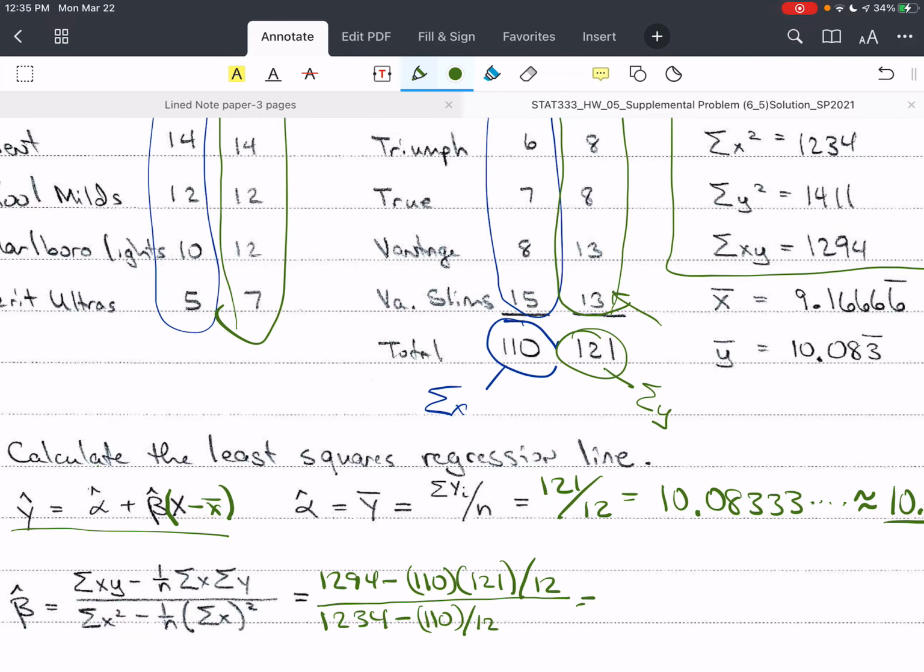Plug this into the calculator: 1294 minus 110 times 121 divided by 12 gives me 184.83, and this is repeating. When I plug this into the calculator, I'm going to use a whole bunch of threes up there to be as precise as possible. Okay, and then the denominator is 1234 minus 110 divided by 12. This is squared, 110 squared, so let's not forget the square, divided by 12. And that gives me